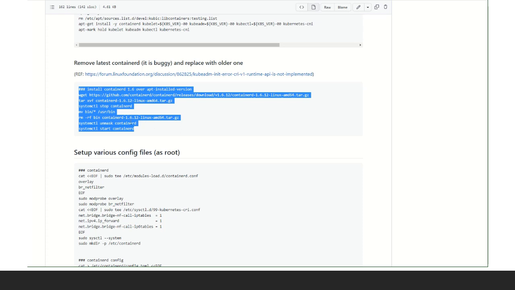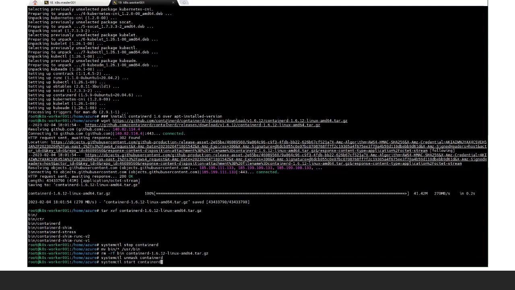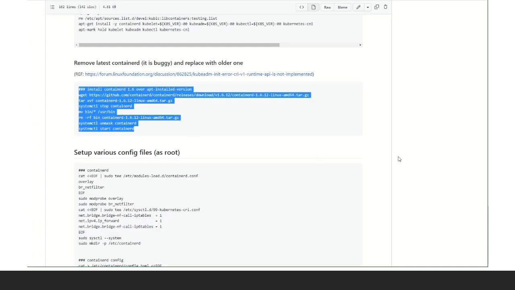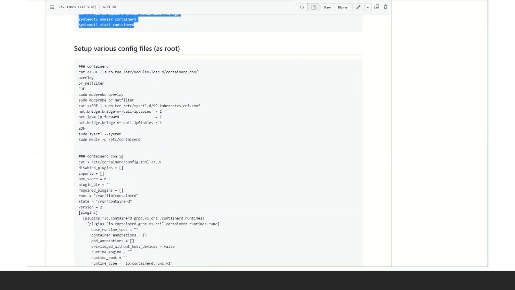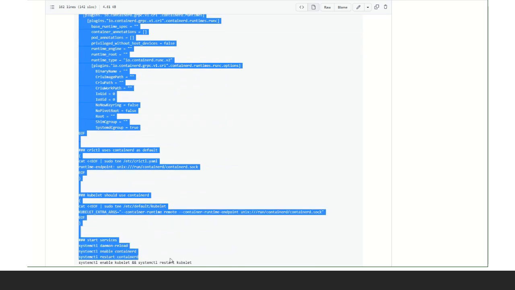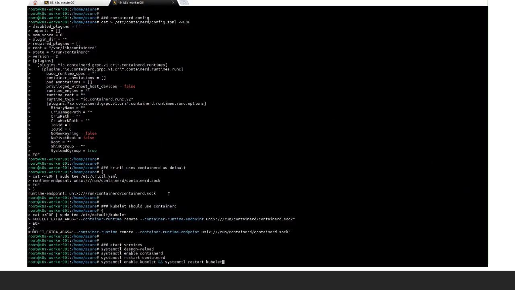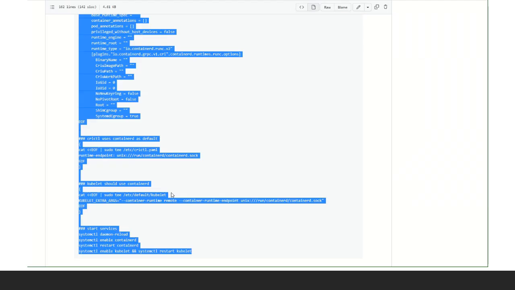It's required at the moment of this recording. Then we again set up the config files for container configuration, etc. Restart the kubelet,